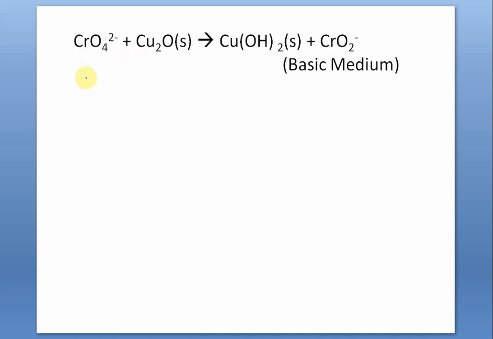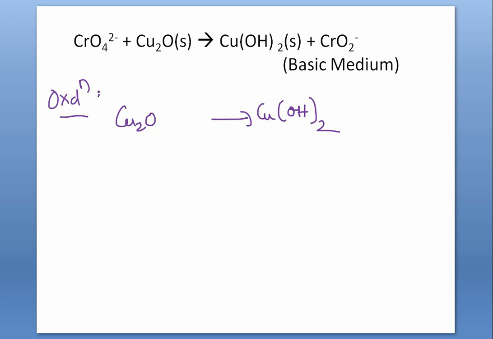Now tell me which one is the oxidation. Supposing we take up oxidation first. Oxidation is copper. Copper is in the +1 state and this is in the +2 state. This is cuprous oxide. This is cupric hydroxide. Since they are all solids, they are not ions, so you have to copy them as such. You know how to write the ionic equation. So you copy cuprous oxide in the LHS and cupric hydroxide in the RHS. Simply copy the reactant, maybe a neutral molecule as in this case, or an ion as in the earlier cases, and the corresponding species in the RHS.